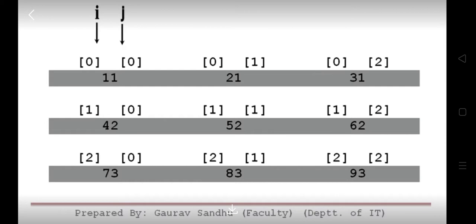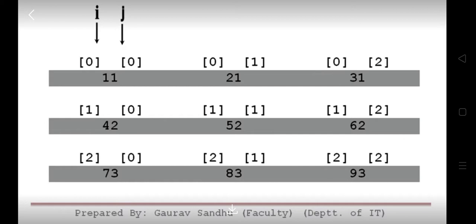Position 0 stands for the row and position 1 stands for the column. Now 0 is represented by i and 1 is represented by j.